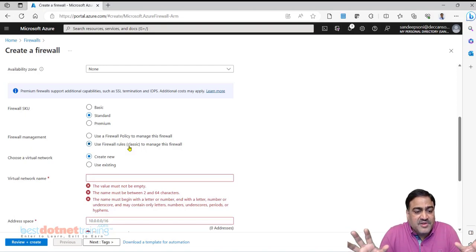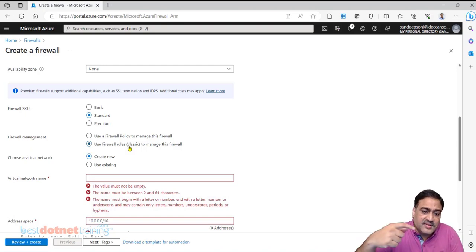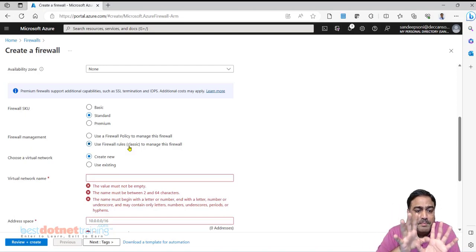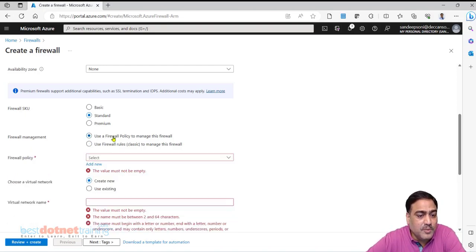Suppose I have 10 VNets and for all 10 I want to use the same policy rules, because for my organization the rules are common. 10 VNets cannot use the same firewall; all 10 will have to use their respective firewall, so 10 firewalls. Instead of replicating the same set of rules in each and every firewall, we have a policy separately, bind it to the firewall, and the rules can be reused across multiple firewalls. That is the idea behind a firewall policy to manage this firewall.